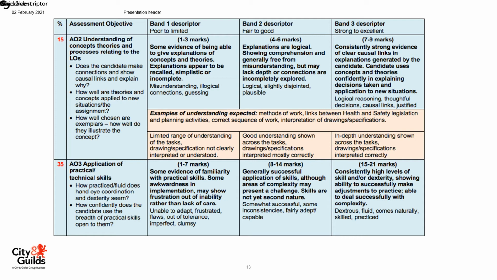AO3 is the application, which carries 35%, is where most of the marks come from, and this is basically the practical assessment. So again, this is split into 3 columns, band descriptors. So band 1, for example, the candidate will be unable to adapt, frustrated, there's some flaws, he's out of tolerance, there'll be some imperfection, and the candidate's work has been quite clumsy. The middle of the road candidate, fair to good, somewhat successful, there'll be some inconsistencies, and they're quite capable, but it's not perfect by